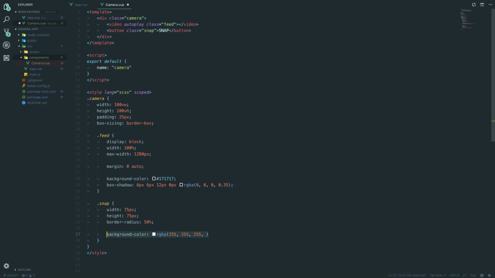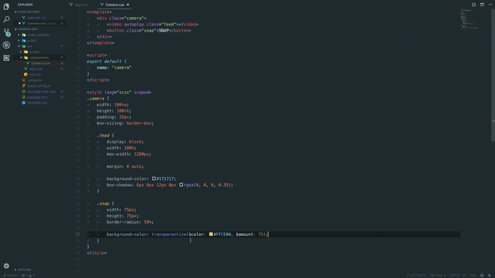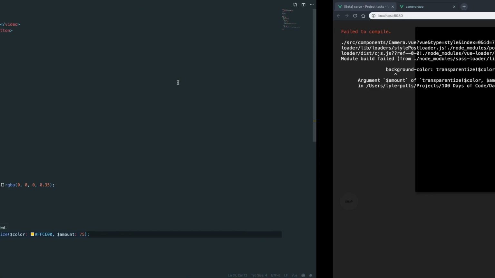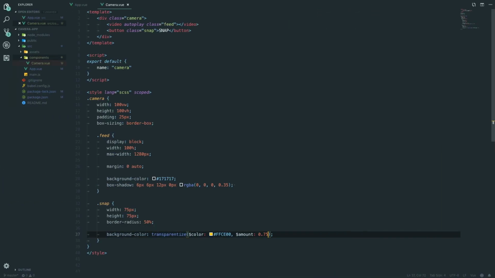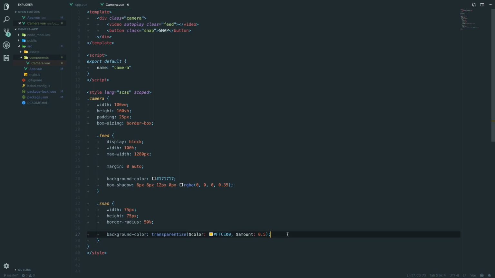Actually, we're going to do something different. We're going to say transparentize, and we're going to say FFCE00 by 75%. Oh, sorry, my bad, so it's 0.75. There we go, little snap button there. Maybe we should make that a bit less. Maybe 0.5. I don't like it anyway, but we're going to say border 1 pixel solid, and we're going to say